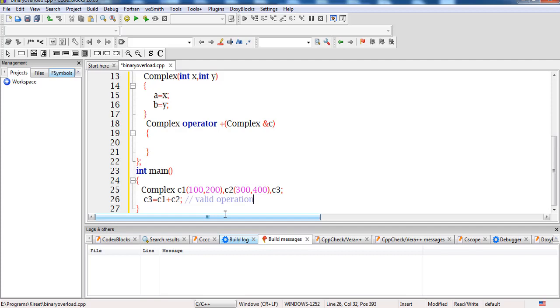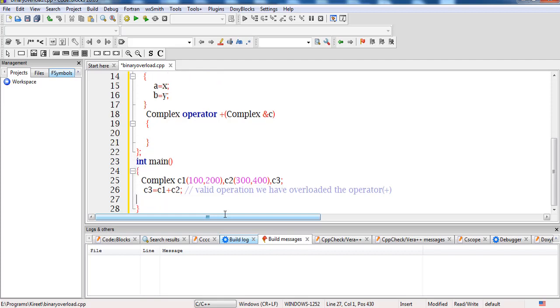Why is this a valid operation? Because now we have overloaded the operator, that is the plus operator. Now we want to retrieve the value that has been returned to this c3, so I'll invoke a function.